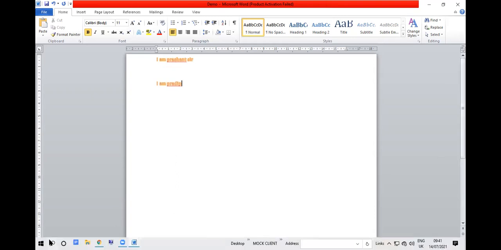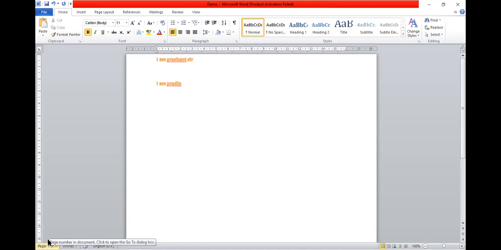Then there is the status bar. Here you can see in the left corner, this is called the status. It shows the status of your current document. We are working on page number 1. We have typed 7 words, and we are using the English language, UK English. So that is showing the status. Here you have not saved the file. You will see this disabled after you save the file.